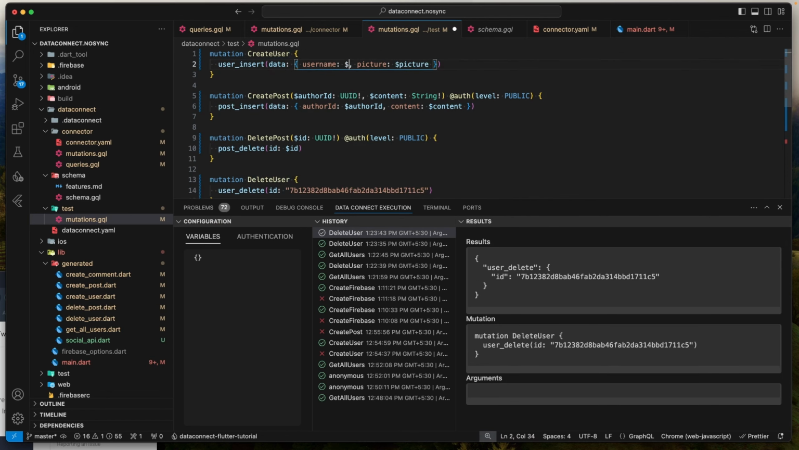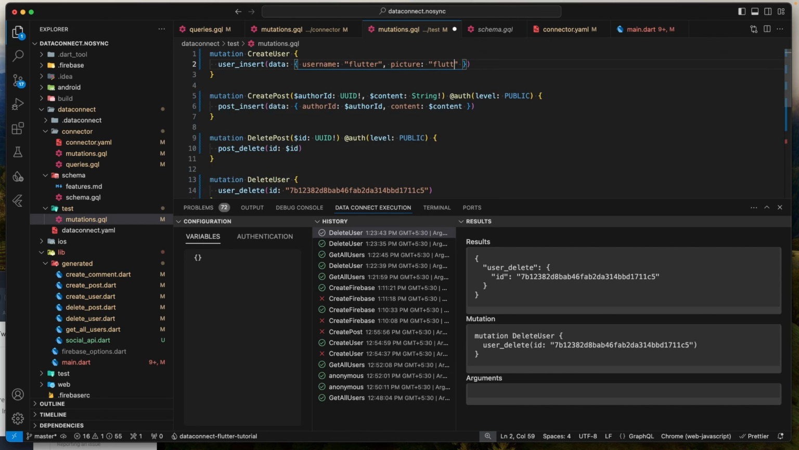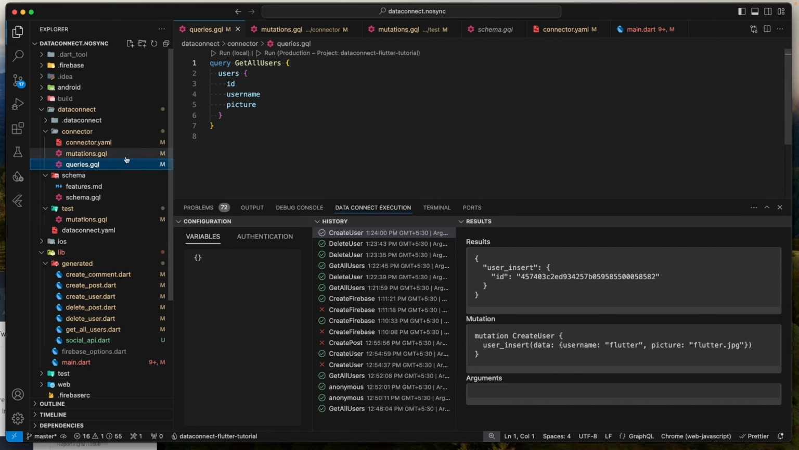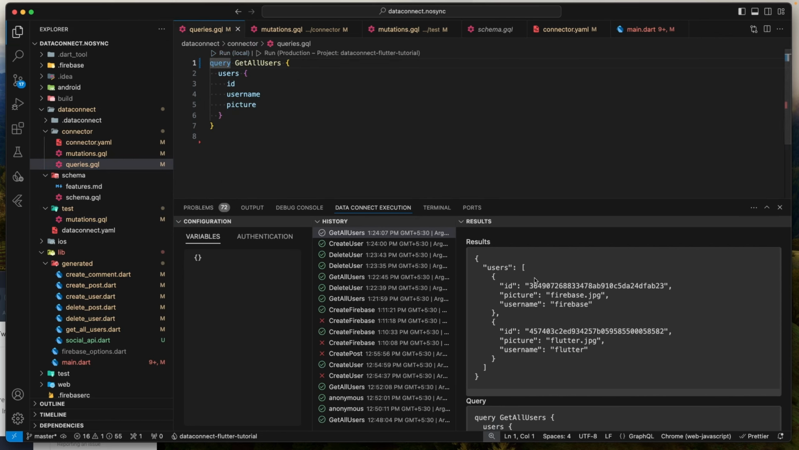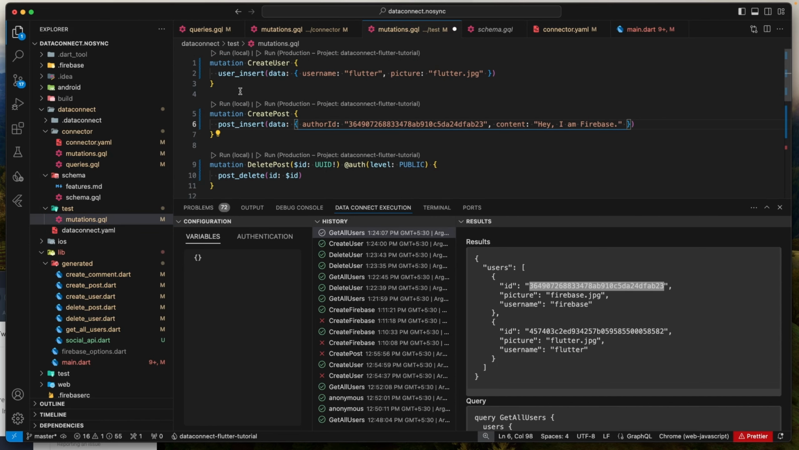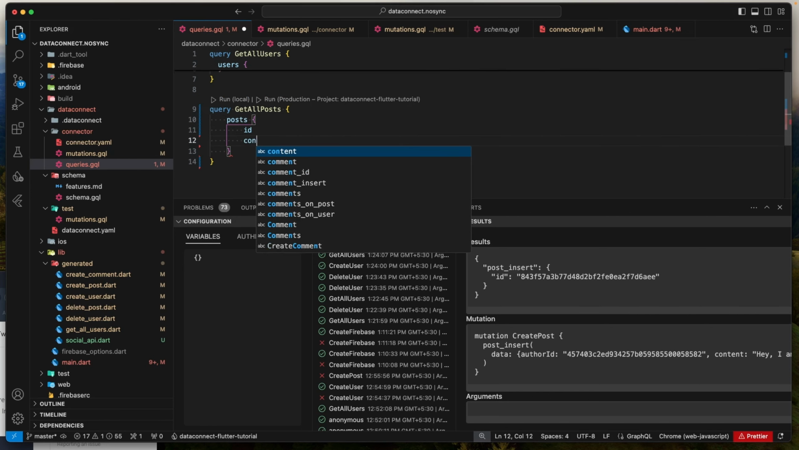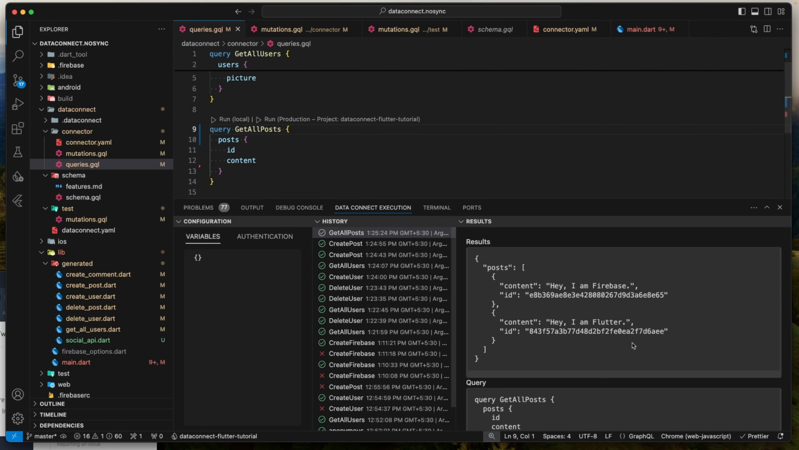Now I will associate static values to the create user mutation by passing in Flutter as username and flutter.jpg as the picture value. Let's ensure that it is being returned by the getAllUsers query. Let's do the same with the create post mutation. Once a post is created, I'll define a query to get all posts. At first, we'll request for ID and content. It works as expected and returns a list of JSON objects, each of which contain an ID and a content